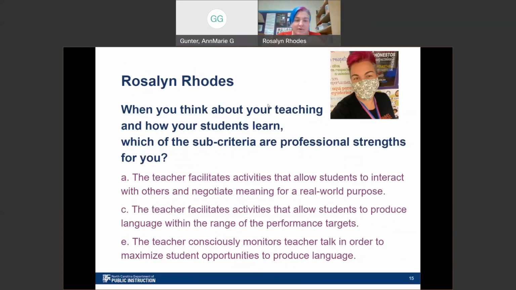Well, to start out with, I think that I kind of want to go backwards. I thought about doing ACE, but I want to speak to the thing about monitoring teacher talk first and then talk activities and things after that. Because that's the one that I think when you plan, at least for me, when I plan, I have to have a column for myself where I look at what am I doing and what are my students doing? Like, how much of this lesson, we have 70-minute periods for all of my classes, 6th grade, 7th grade, 8th grade, we're all 70 minutes.